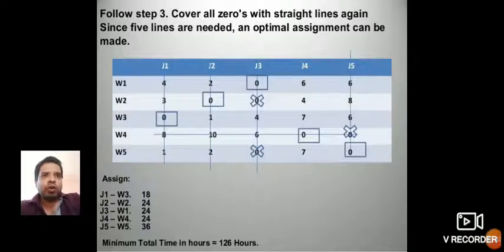Now please check whether there are assigned cells in every row and every column. J1 J2 J3 J4 J5 have assigned cells. The W1 W2 W3 W4 W5 rows also have assigned cells. Now we have reached the optimum solution. Also check the minimum number of horizontal and vertical lines, the sum of horizontal and vertical lines. How many lines are there? 5 lines are there,